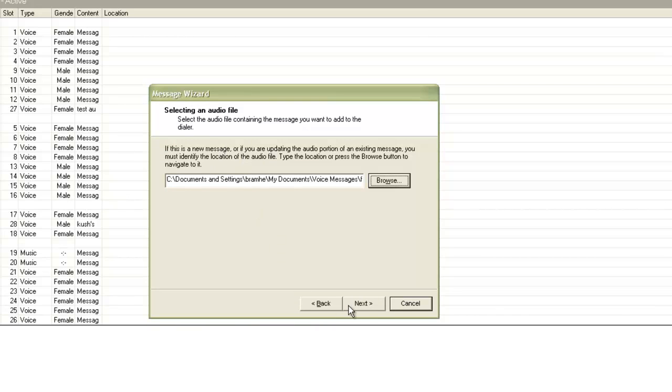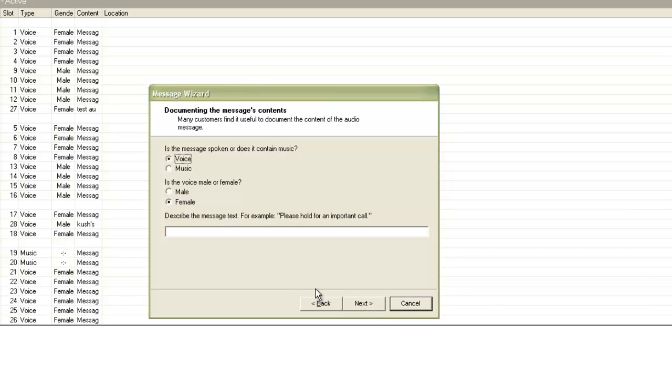I'll choose my message and click next. It then also asks me to better organize it, whether the message is a voice or a music, and if it is a male voice or a female voice. And it asks me to give a brief description about the message. So I'll type a short description here.